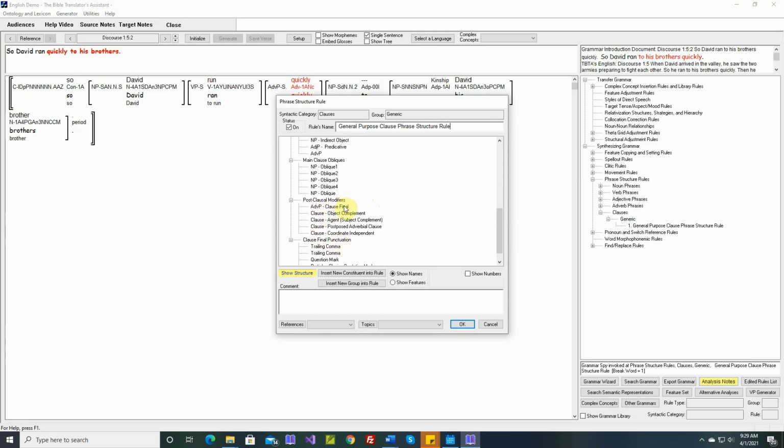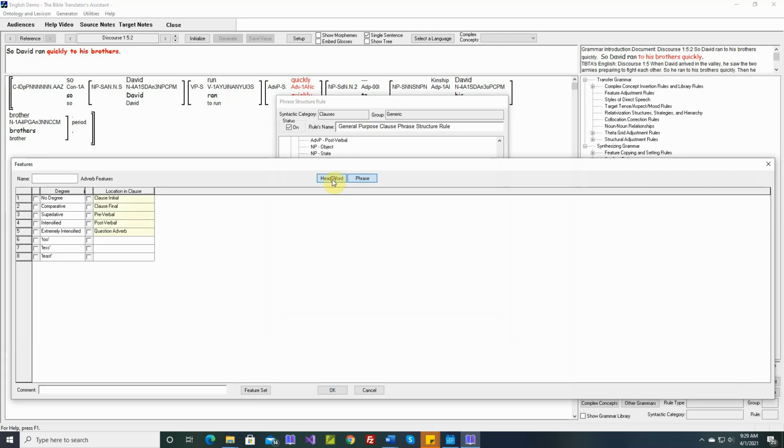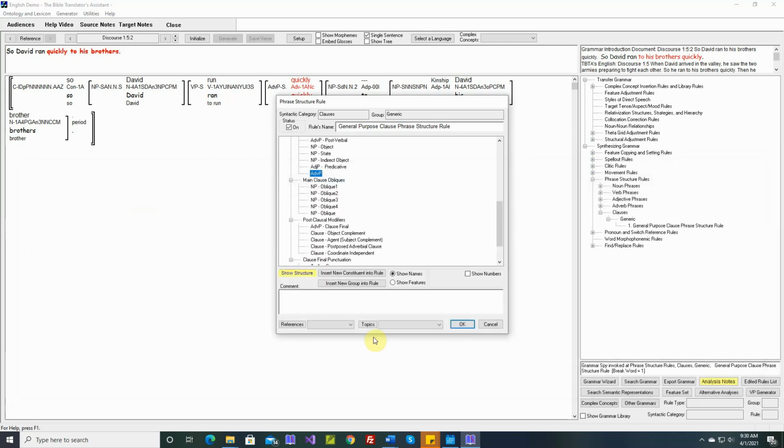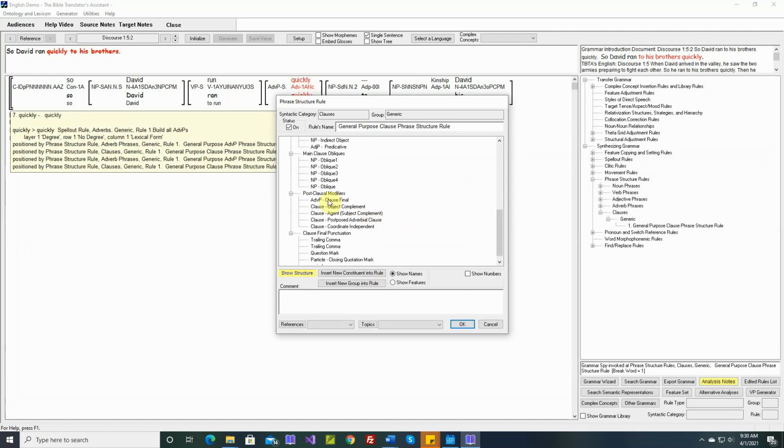We already have a clause final adverb phrase in here. So this one, the head word isn't specified at all. This is the default that was provided for us when TBTA created this language project. So let's delete this one. And now, this adverb phrase with quickly should be positioned here, clause final, after the obliques.